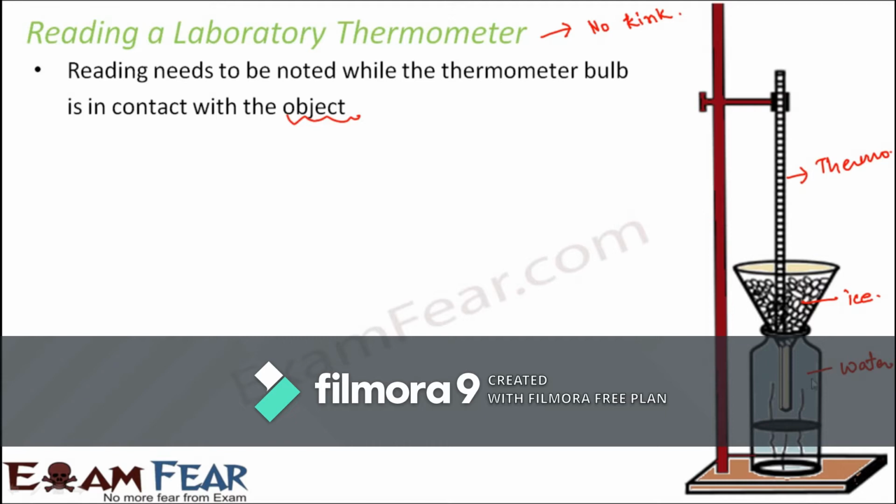So the bulb of the thermometer, if it is in contact with water, it will be able to measure the temperature of the water. Because if the bulb is in contact with water, the water will heat up the bulb, so the mercury will expand, the mercury level will rise, and then we will read the level till which the mercury level has gone, and that is the reading of the thermometer. But in the case of human body, we place the thermometer under our tongue, then we take it out and then we read it. Why is that possible? Because the mercury level doesn't fall back.